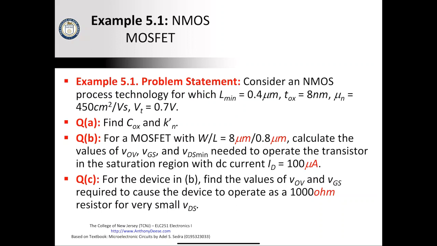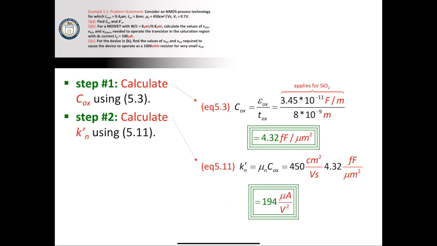Okay, so first it asks us to find the oxide capacitance and the process transconductance parameter, remember, because it has that prime little dash thingy here. Then we'll move on to the other parts. This is pretty straightforward. It's COX is equal to the permittivity divided by the distance between the plates, or the thickness. That was the word I was looking for. We plug in the two values that we know, and that gives us a value of 4.32 femtofarads per